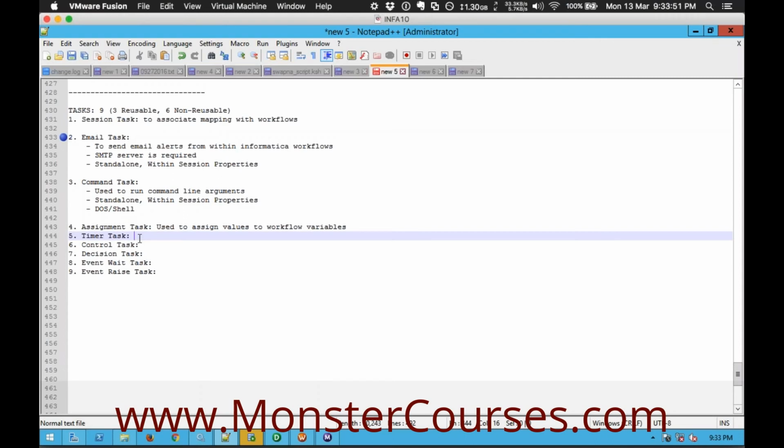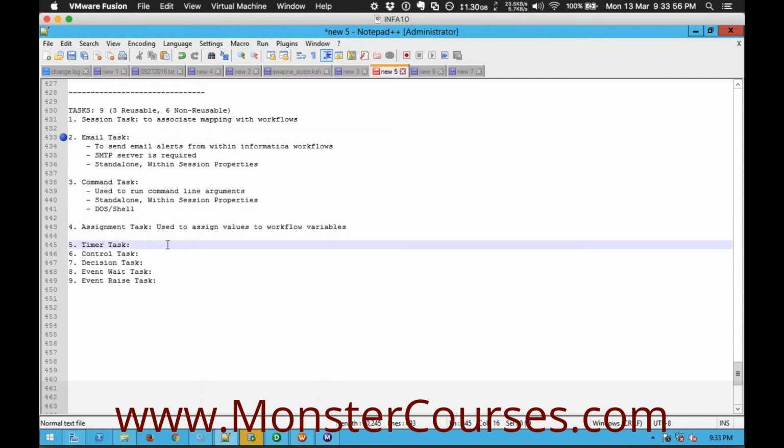Anyway, next we have timer task. The purpose of timer task is to hold the execution of your workflow